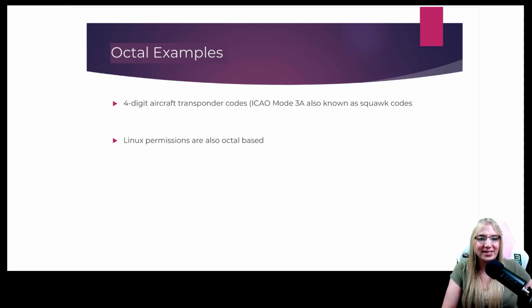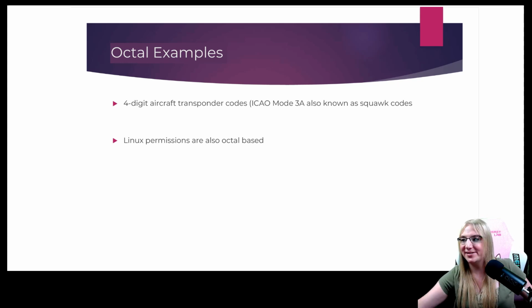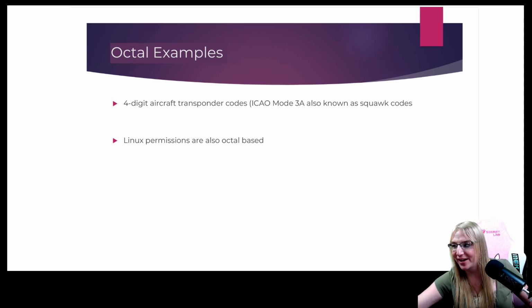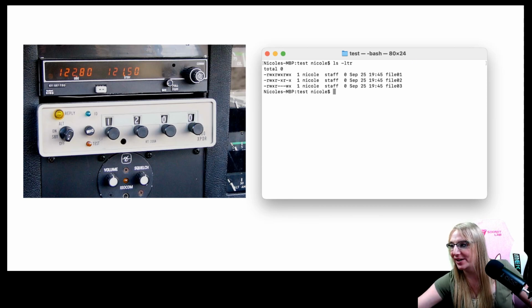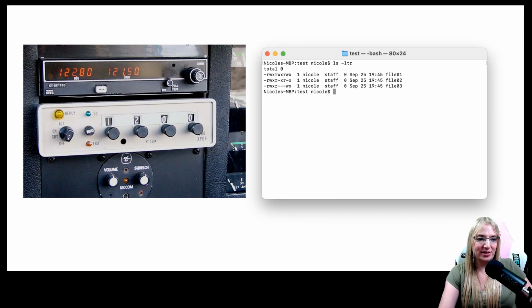The other thing is Linux permissions. So anybody familiar with Unix or Linux, the permissions are actually, believe it or not, also octal. So let's take a look at this here real quick. So let's look at some examples. On the left, what we see here is our transponder. If we look over here, you can see in this case we have 1200. Well, each of these values that you see here, each of those little numbers actually represents